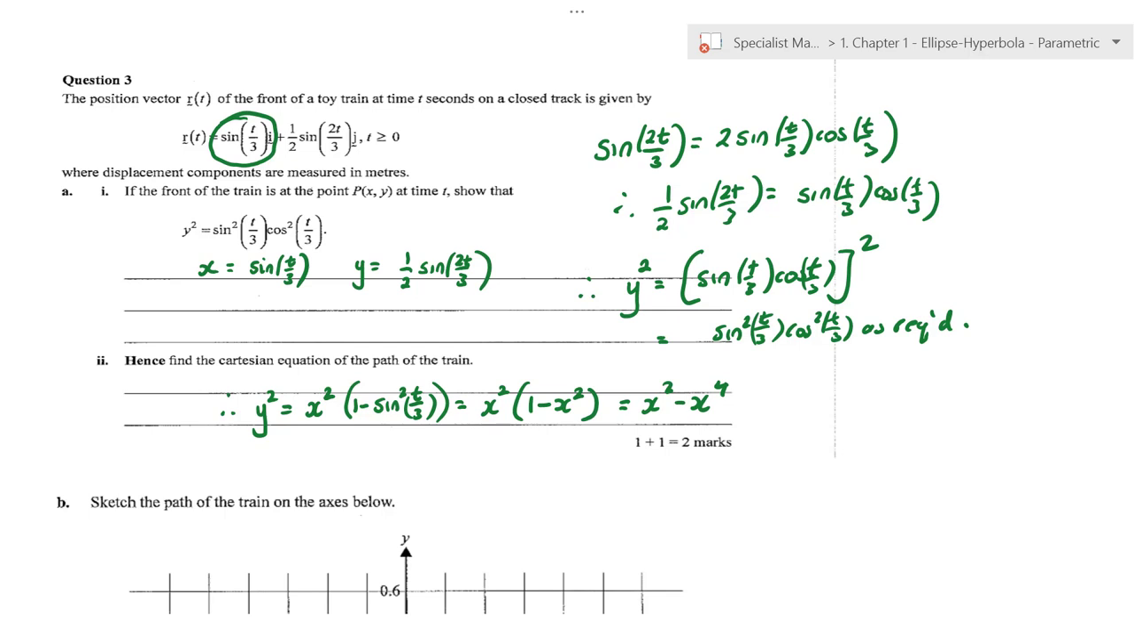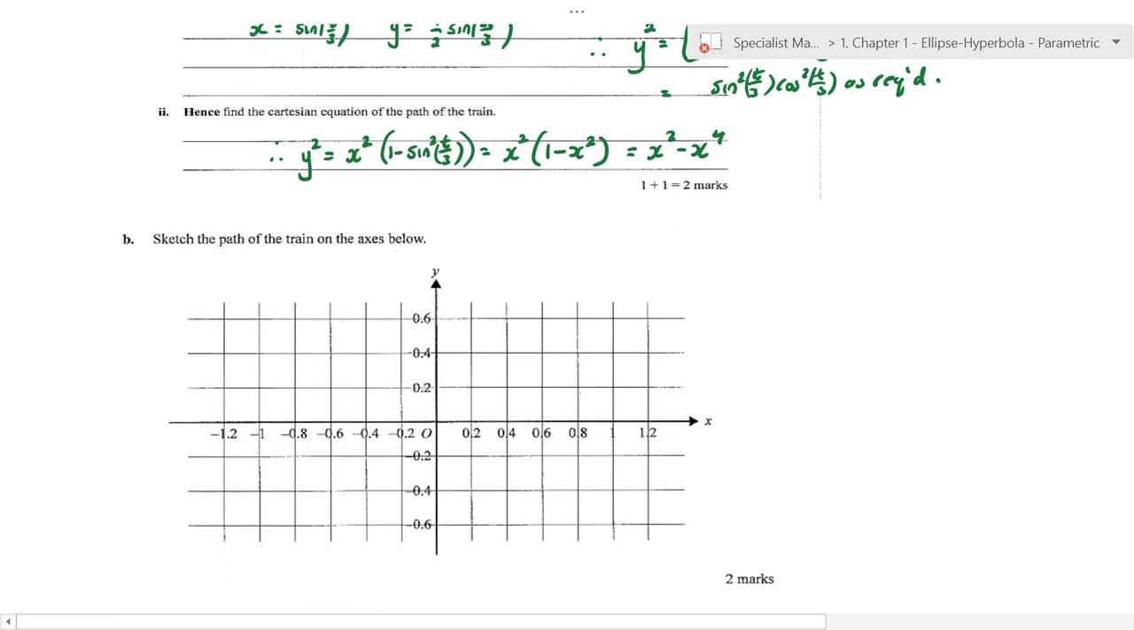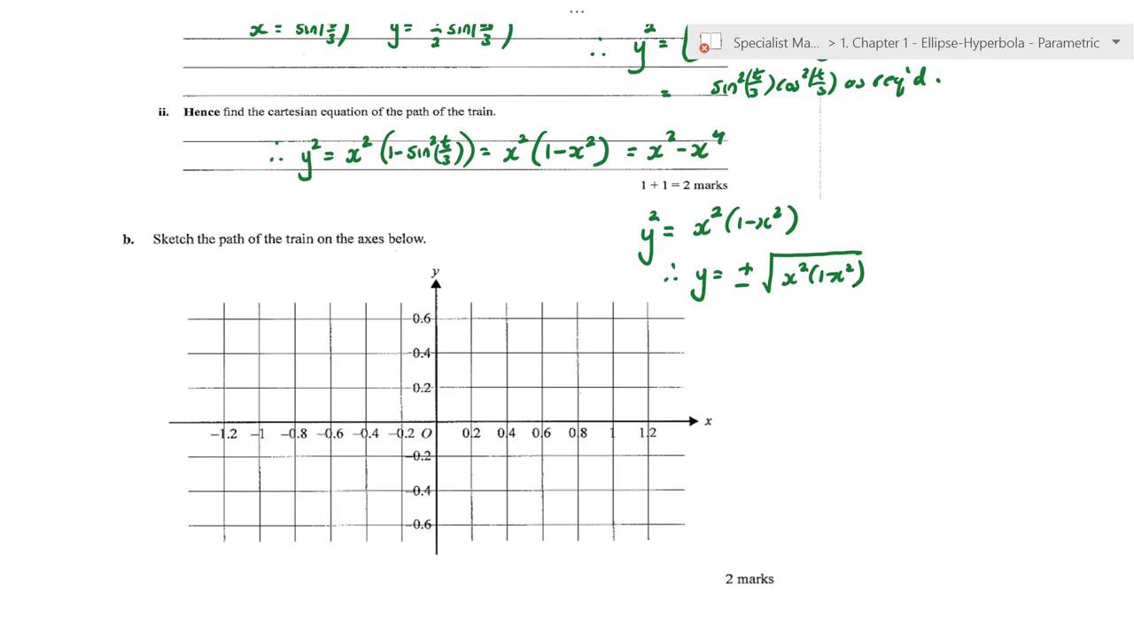So what we're going to do is, let's do a little bit of algebra first. If y squared is equal to x squared (1 minus x squared), then therefore we can say that y is equal to plus or minus the square root of x squared (1 minus x squared). Now, you can't really put it in the calculator like that, so I'm going to show you what it looks like. But first of all, I'm going to realise that when we're sketching,